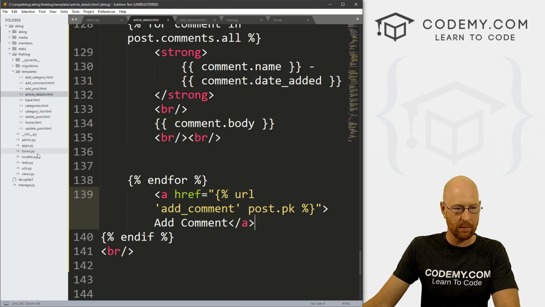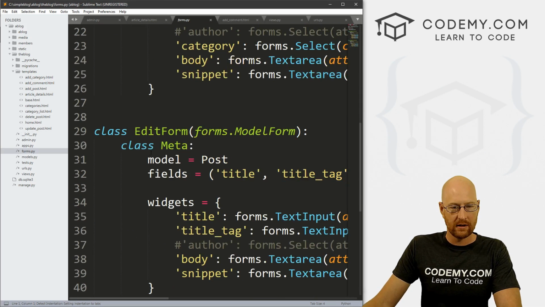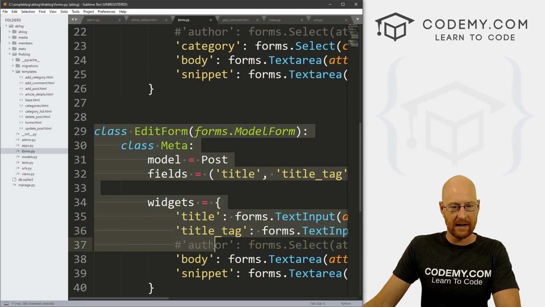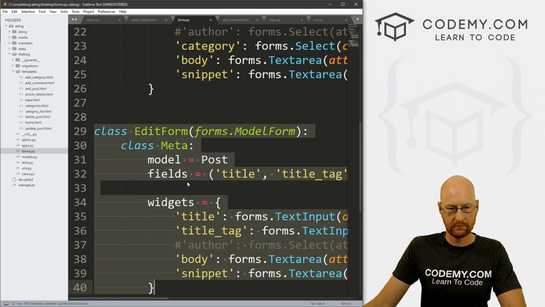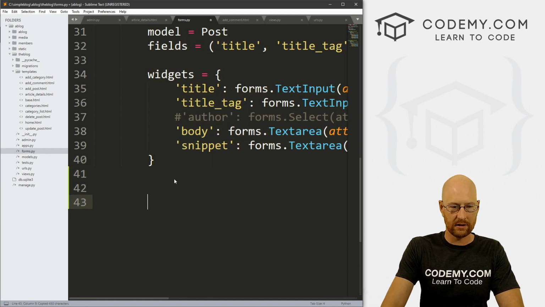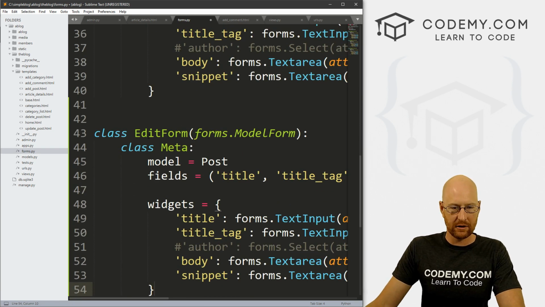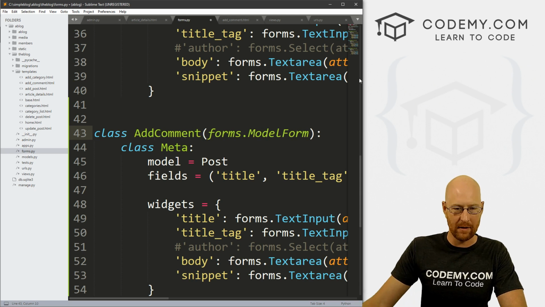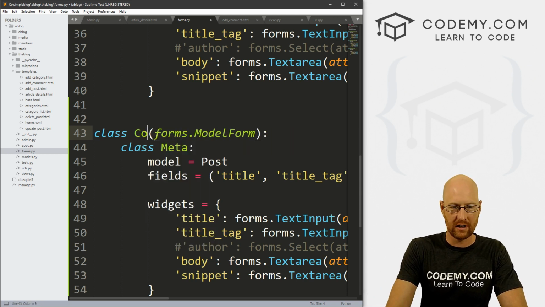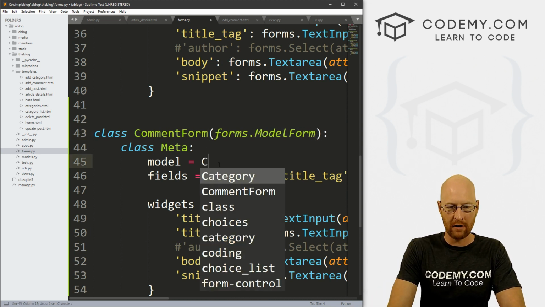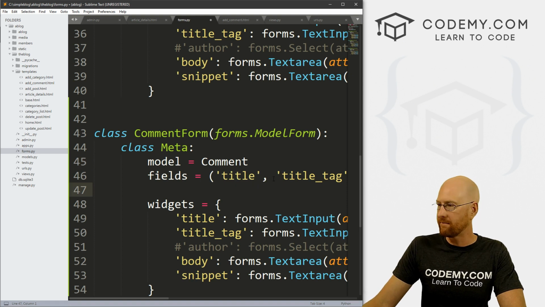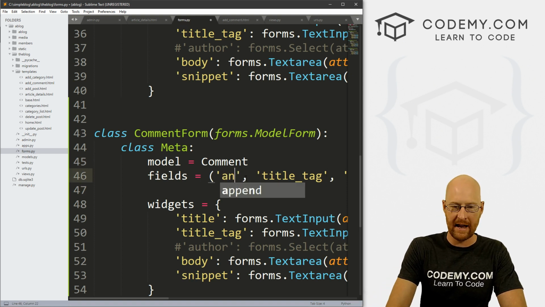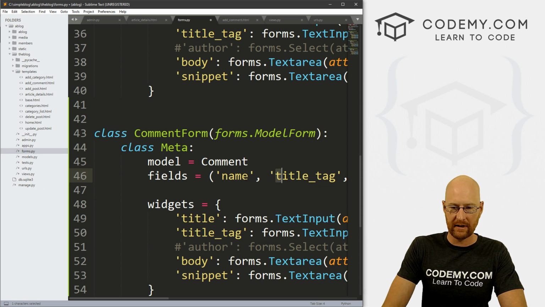So let's head over to our forms.py file. And let's just grab any of these guys. And below here, let's paste it in. And let's call this edit comment form or add comment form. Or let's just call this comment form. Okay, and the model is comment, and the fields are just, we've got name and we've got body,